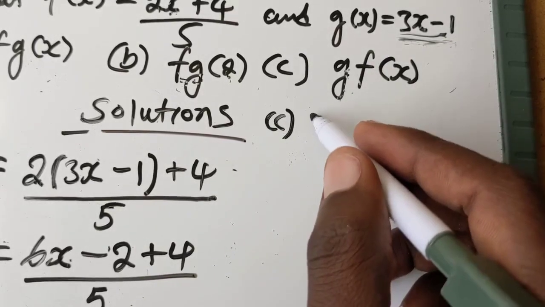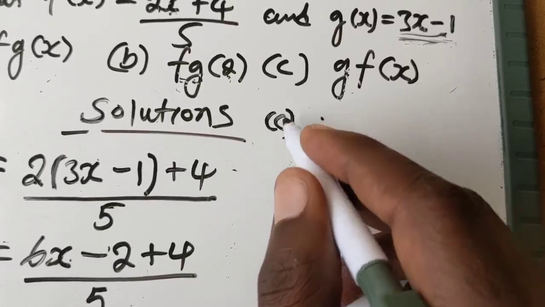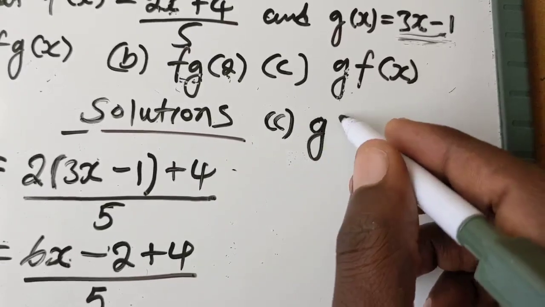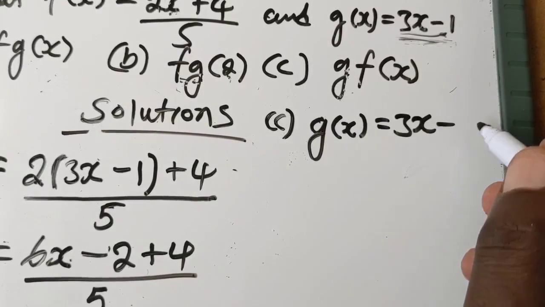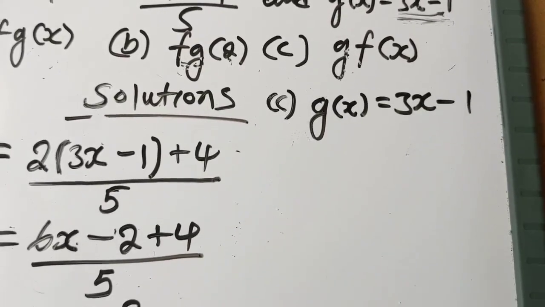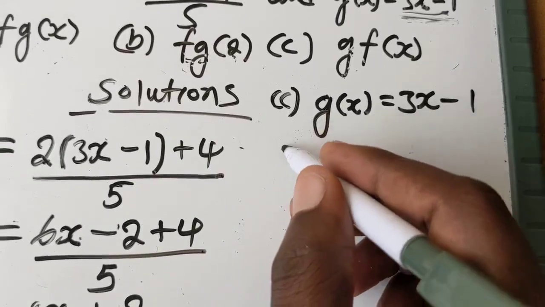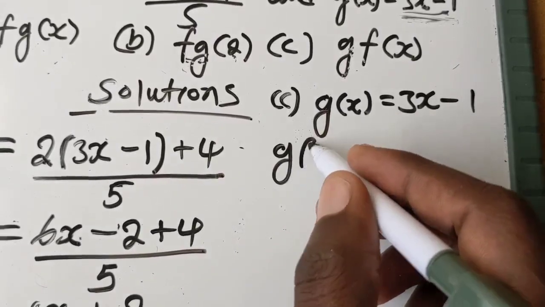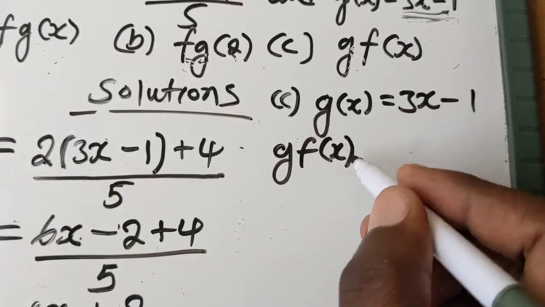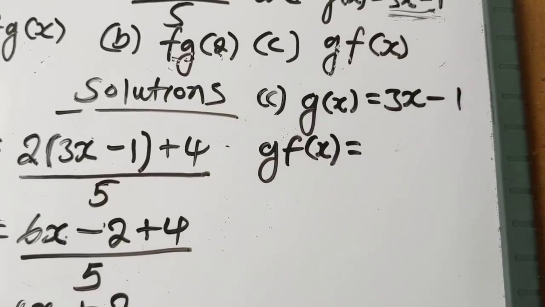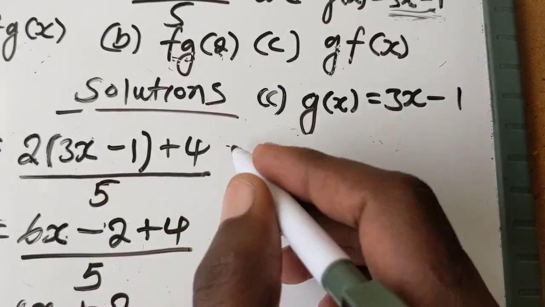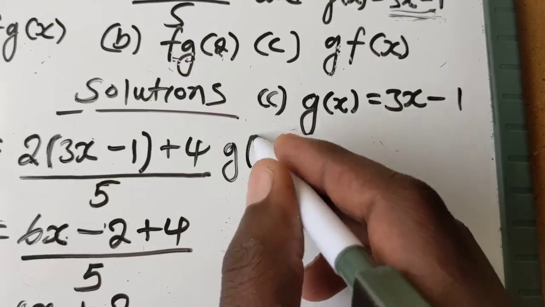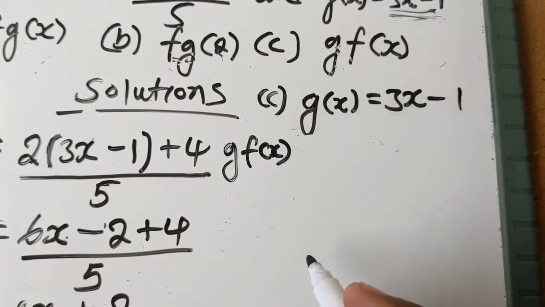We know that g of x is equal to 3x minus 1. Then they are saying g of f of x. Let me write it here to create more space. So g of f of x is equal to,